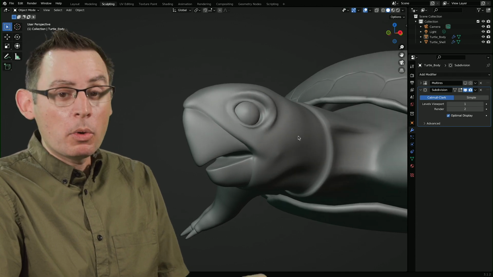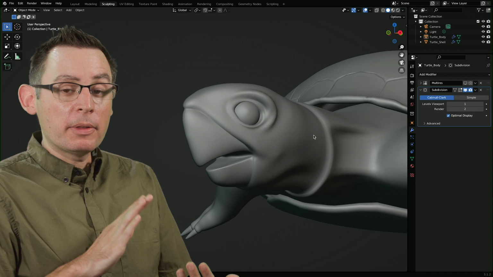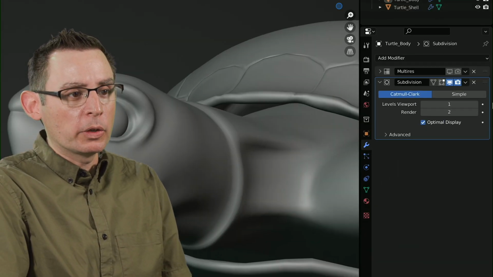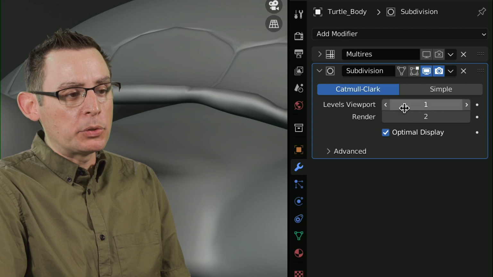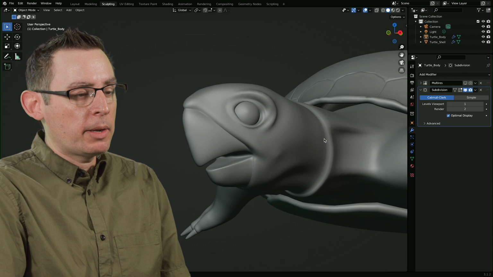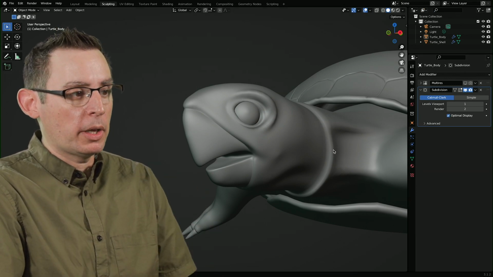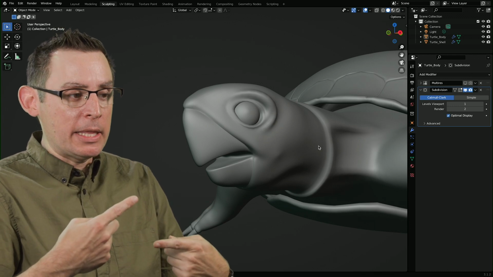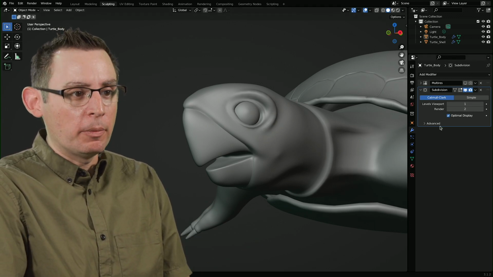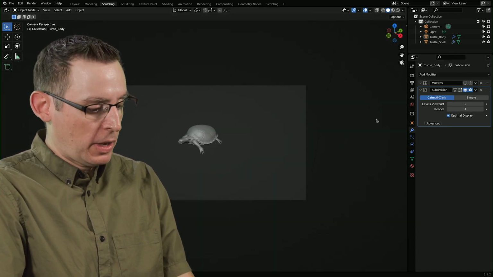Now, why we want to do this is that we can dynamically add more polygons based on the distance the model is to the camera. For example, if you look at the modifier over here, we have a viewport level, subdivision level, excuse me, at 1. At level 1, every single polygon is transformed into 4 polygons. It's dynamically adding that in there. However, it's disconnected from the render level. So I could have a render level set to 3, and let's just take a picture of this real fast.